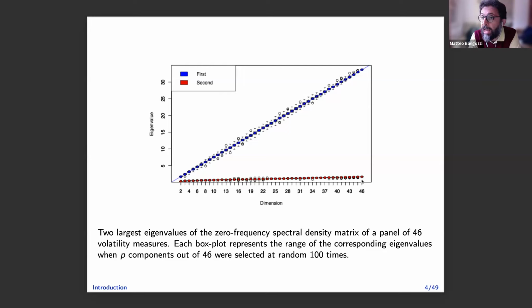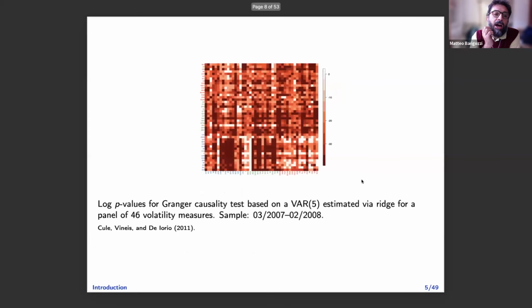But if this is the case, I strongly doubt that you can assume sparsity directly, okay? Because that will violate the idea that the largest eigenvalue is bounded for all P. I don't see it being bounded anyway, okay? Obviously, this is an empirical result. The theory is another thing. P going to infinity will never happen, but I've done this kind of graph for many other data sets, and this is what you find most of the time, and I'm sure that some of you have done the same, so it should not come as much of a surprise.